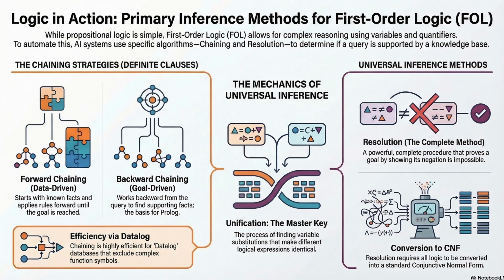Now let's try a slightly harder one. Sentence A is Knows(John, X), meaning John knows someone. Sentence B is Knows(Y, Bill), meaning someone knows Bill. Can these be the exact same sentence? Okay, let me visualize this. We have John knows X and Y knows Bill. If I make X equal to Bill and I make Y equal to John, then both sentences become John knows Bill. Boom. You just ran a unification algorithm in your head. Yeah. The substitution is X for Bill, Y for John.